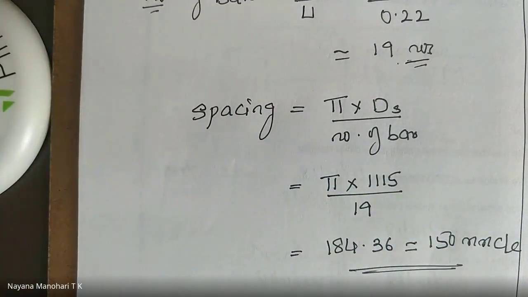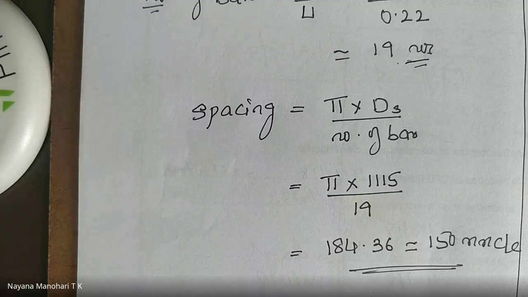First you need to, as per the codal provision, pick out the minimum reinforcement for spiral as well as the longitudinal. While choosing, you need to choose the reinforcement above that minimum value. Then only your design is safe. Next, for the spiral reinforcement, you are assuming 12 mm dia spiral. For that, you need to calculate the weight of 12 mm.